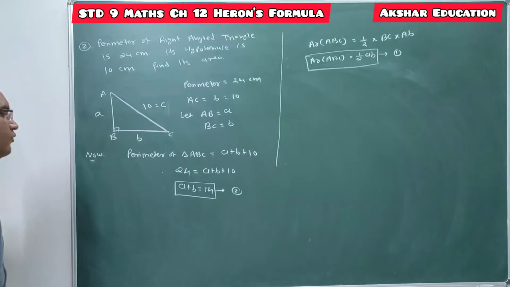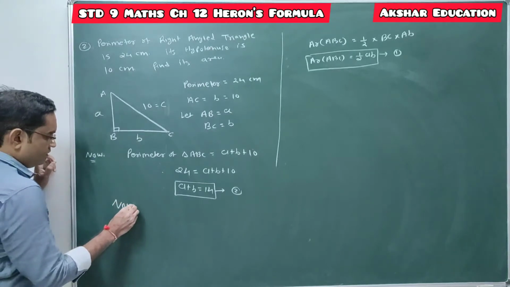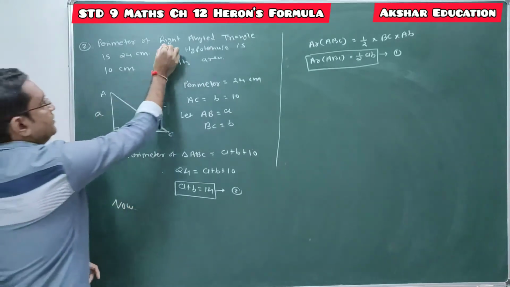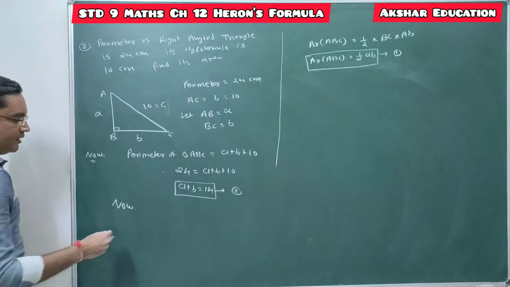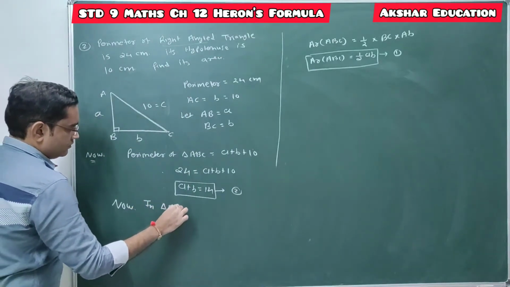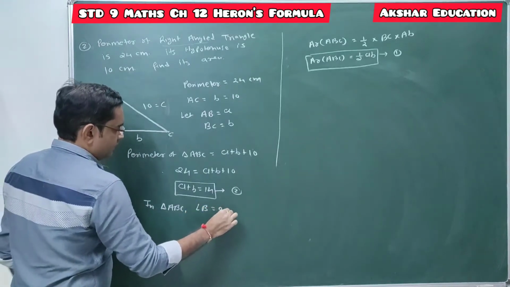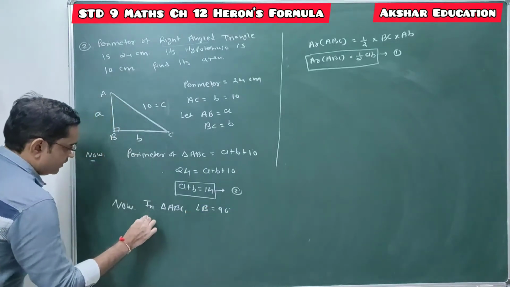Done. A plus B equal to 14. Now students, this is one right angle triangle. Given triangle is right angle triangle. So for right angle triangle we can apply Pythagoras theorem. So in triangle ABC, angle B is 90 degree. So by Pythagoras theorem,